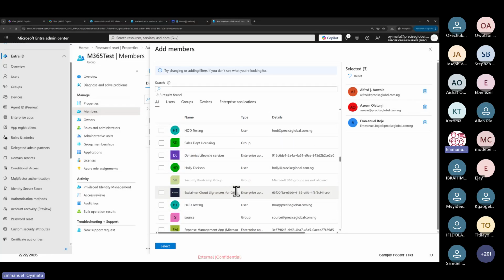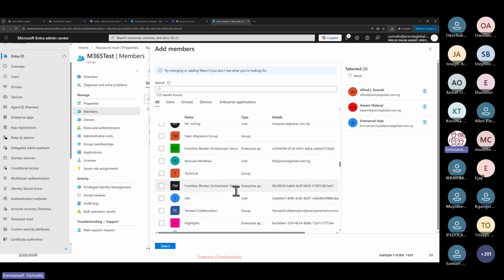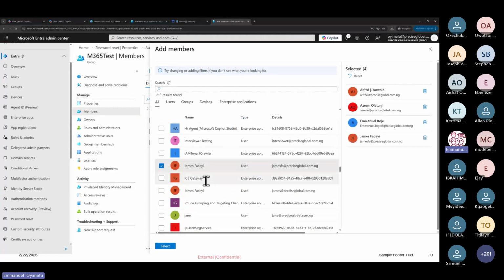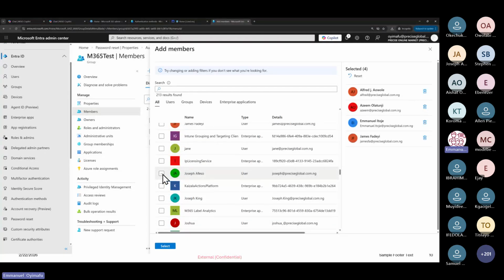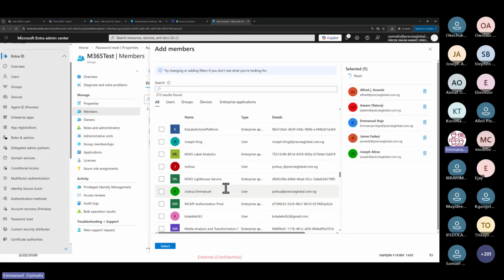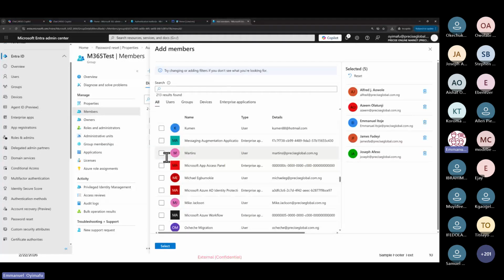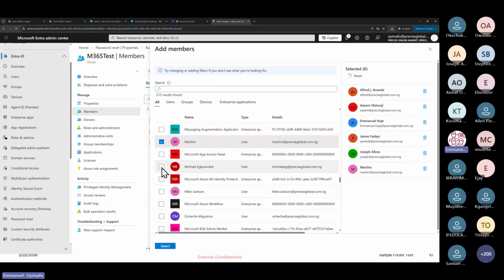So let me see if I have any other person again that should be able to reset password. Let me add James. Let me add Joseph Afeso so that he can reset his password. Who else? Okay, let me add Martins because this man can be disturbing sometimes. And let me add Mike.